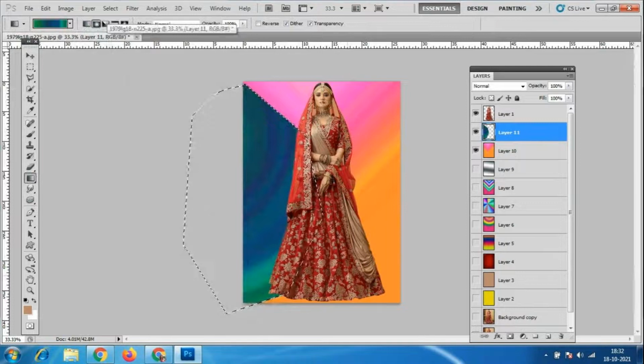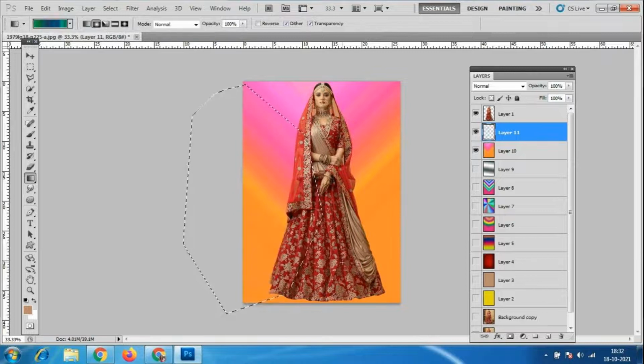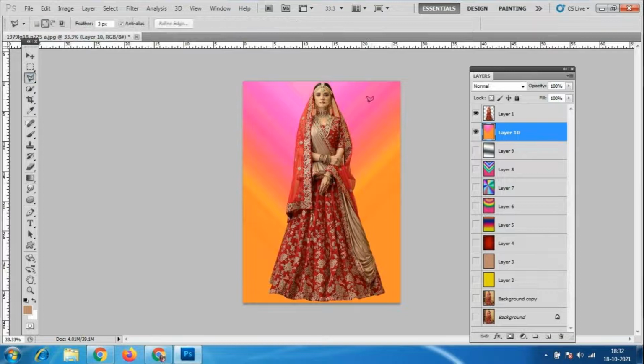So different designs, you have to merge like this. Okay. Otherwise, while you are selecting like this with the polygonal lasso tool, we have the feather at 3 pixels. Instead of that, I'll give 10 pixels.